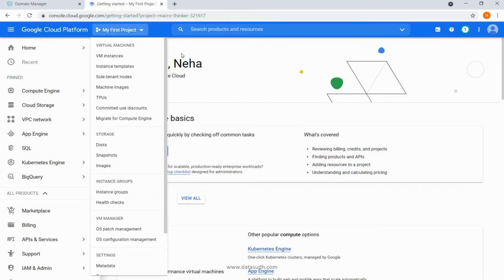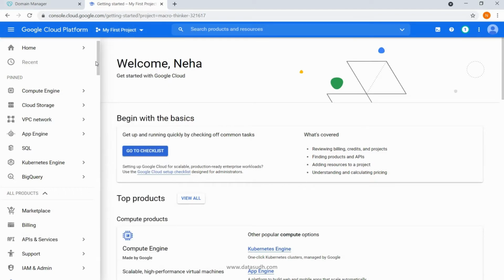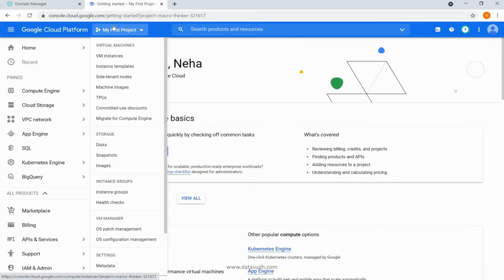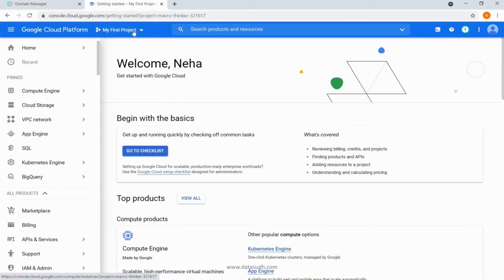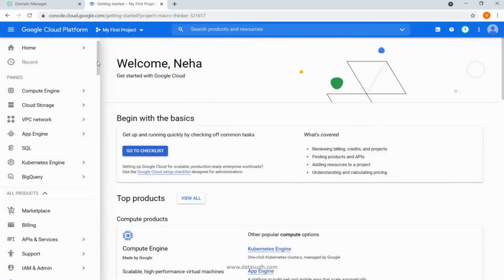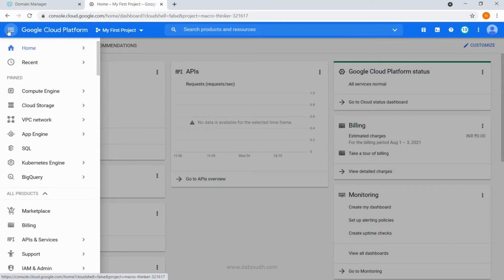Okay. Now another thing to note here is that everything which we are going to do in the cloud is connected to that particular project which is reflected in this window. If I click here, I can see that there is one project which Google has created for us when we activated our free trial. This is called My First Project. If I want, I can add more, but we don't need it for this exercise, but you can go to the new project and add more. So let's cancel that. With this, we have completed all the prerequisites. Now let's move to the next step.